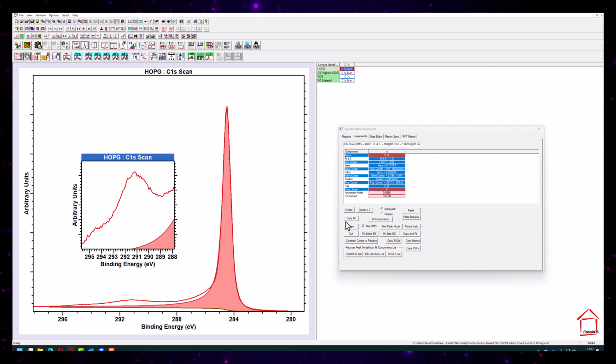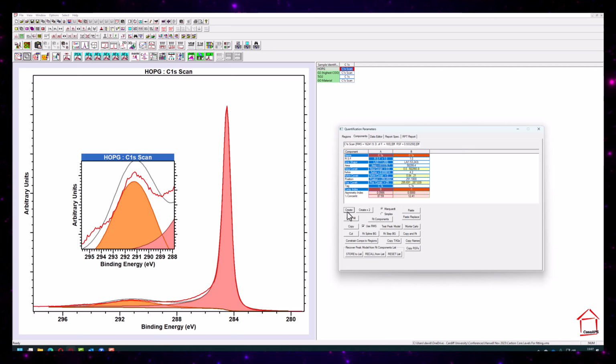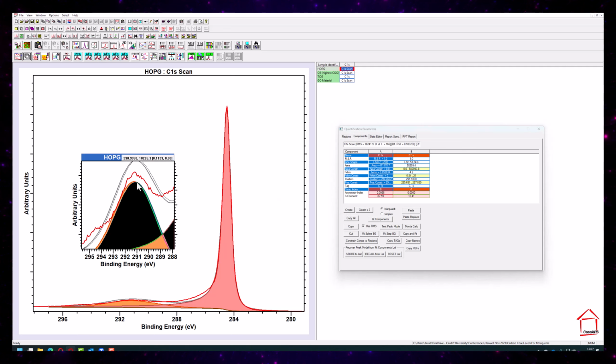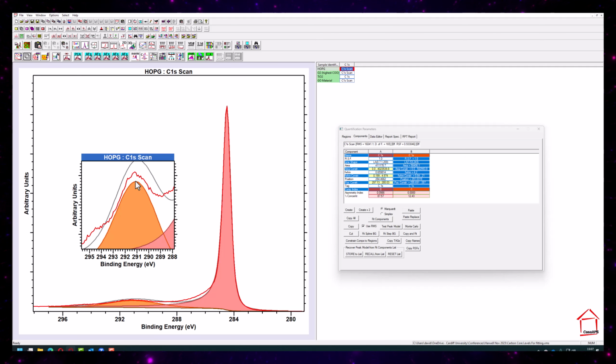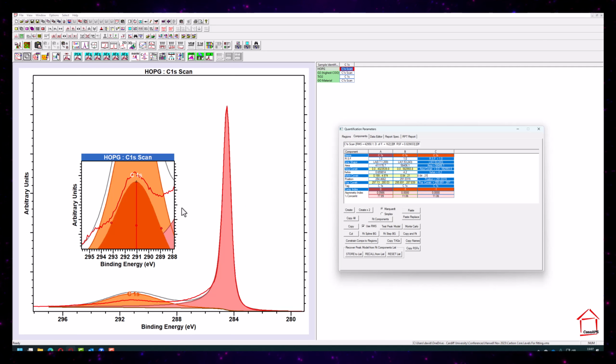pi to pi star area. So if I create a peak, CASA is pretty good at finding where peaks need to go. It uses a simple algorithm: when you've got a peak in place, it looks for the next most intense area. I'll just copy that peak again and paste that in, and if I click on that second peak and hold down the control key,